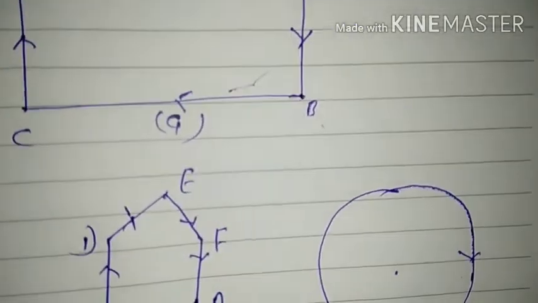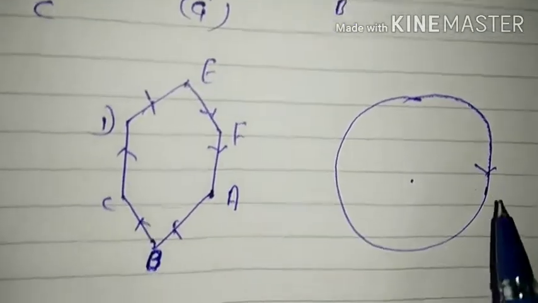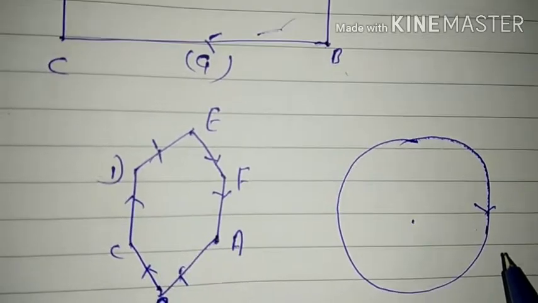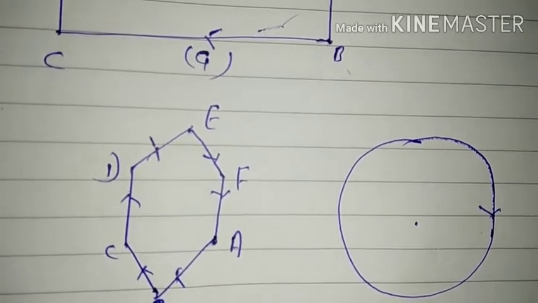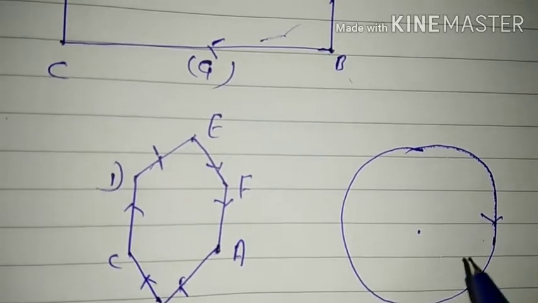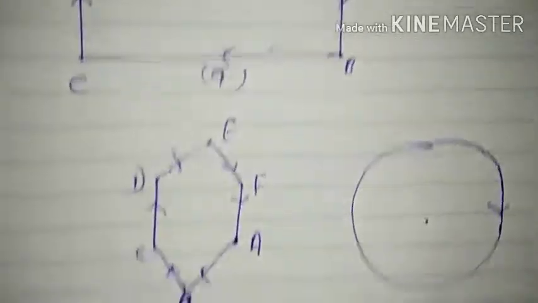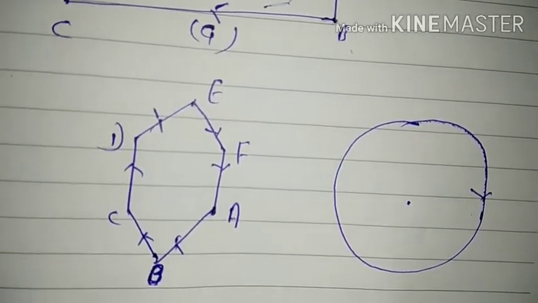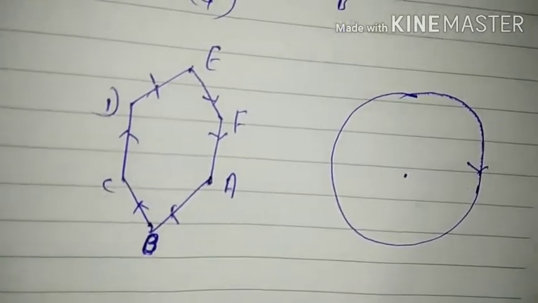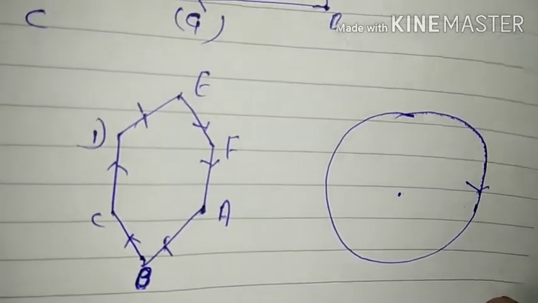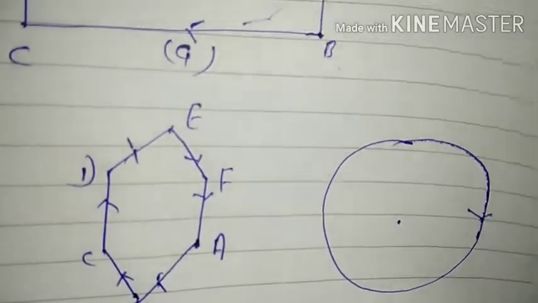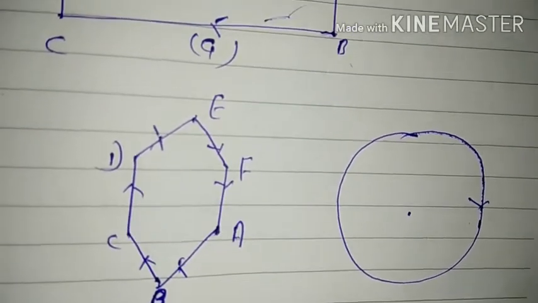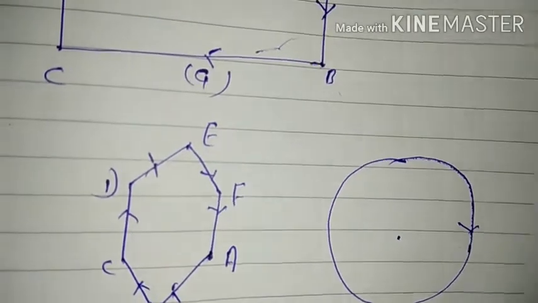what happens? On a circular path, the object changes its direction an infinitely large number of times. That is, in a circle, the direction changes at each and every point. And if any object moves on a circular path with constant speed, then we say that the object is in uniform circular motion. But here speed is constant, but velocity will not remain constant. Why? Because in our previous classes we have already read that velocity has both magnitude and direction.